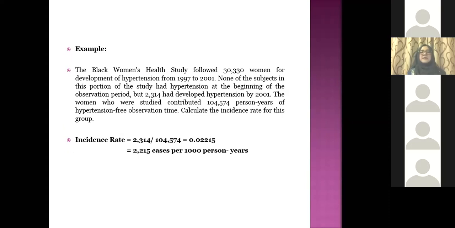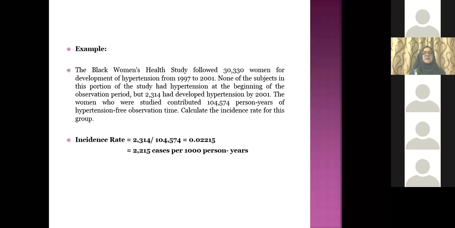The Black Women's Health Study followed 30,330 women for development of hypertension from 1997 to 2001. So you are following these women from 1997 to 2001, and none of the subjects in this study had hypertension at the beginning. But 2,314 had developed hypertension by 2001. So out of these 30,330 women, 2,314 developed hypertension by 2001, and the women who were studied contributed